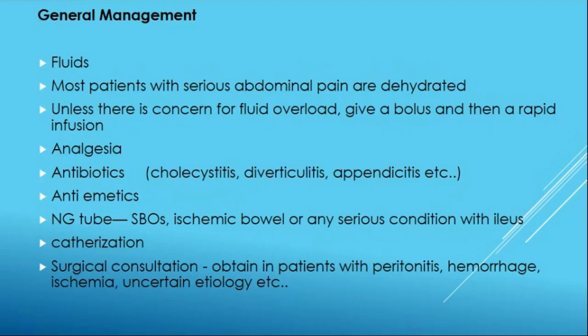After that, throughout the presentation, I explained the importance of analgesia. When you get a patient with acute abdomen, please give adequate analgesia, depending on the condition. Sometimes simple analgesia may not be enough, then go for the opioid. Why can't you go for an opioid? We are more reluctant to give opioids. The only thing is, people are scared of respiratory arrest when giving pethidine and morphine.